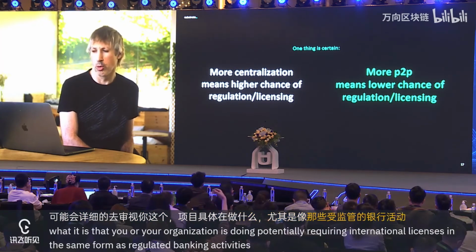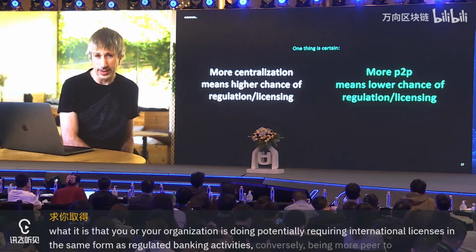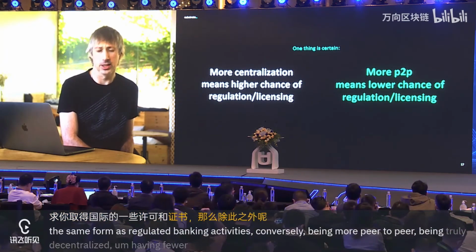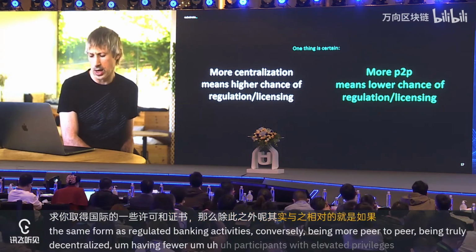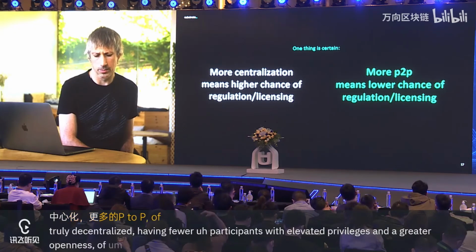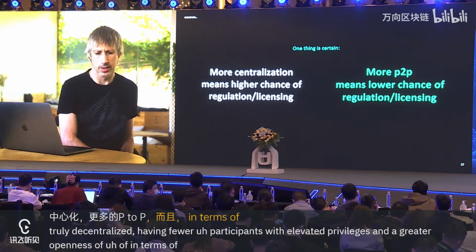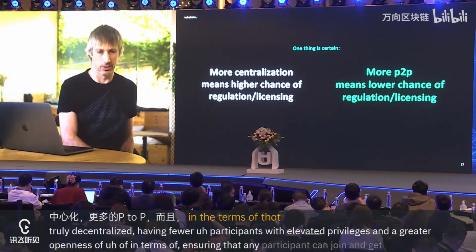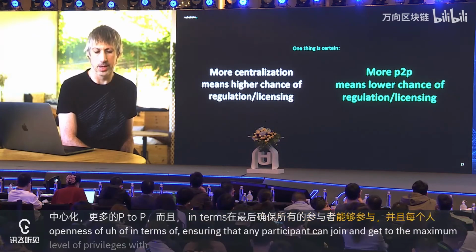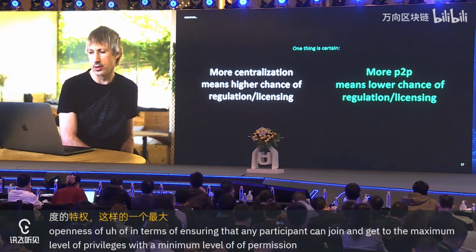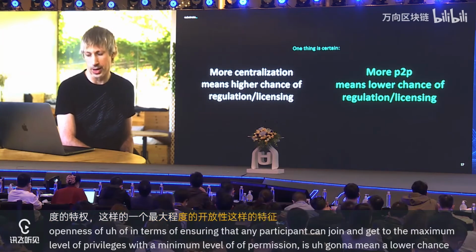Conversely, being more peer-to-peer, being truly decentralized, having fewer participants with elevated privileges, and a greater openness in terms of ensuring that any participant can join and get to the maximum level of privileges with a minimum level of permission, is going to mean a lower chance of regulation and licensing.